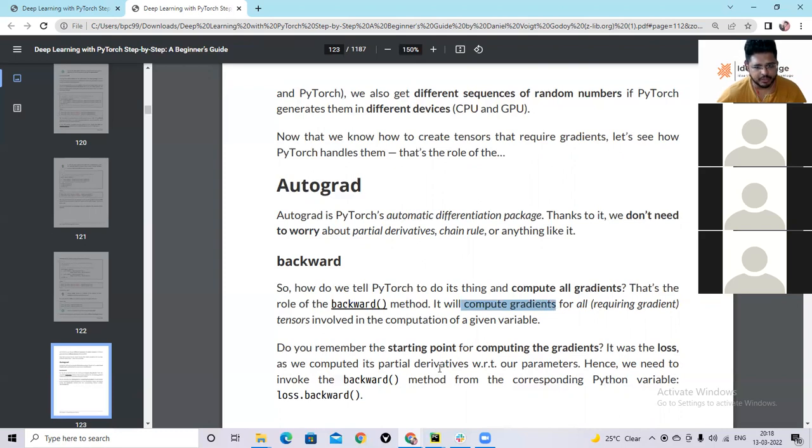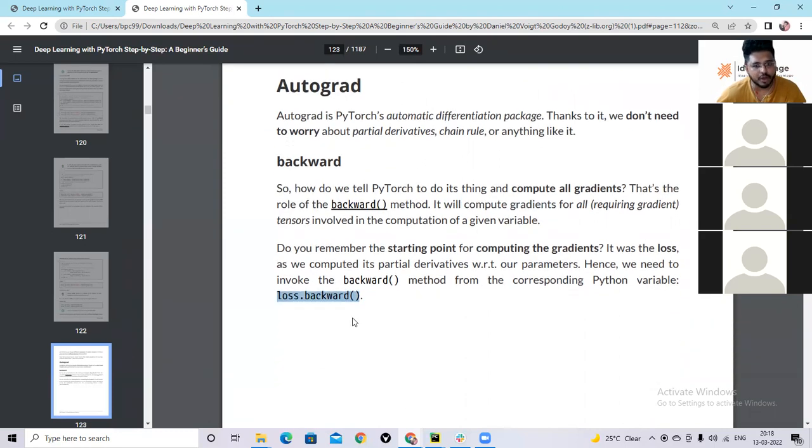Do you remember the starting point for computing the gradient? It was the loss, and as we computed its partial derivatives with respect to our parameters, we need to invoke the backward method on the Python variable loss. Since loss was our starting point, we call the backward method on loss.